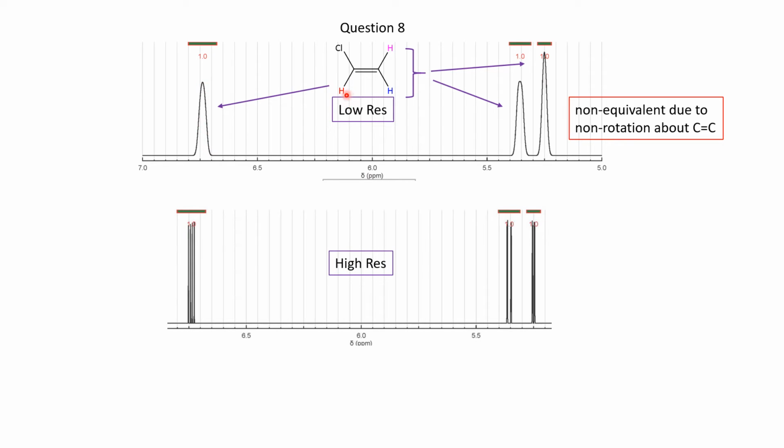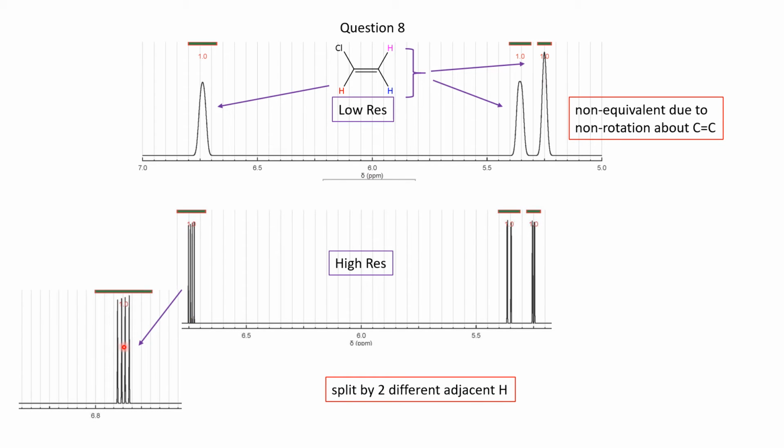Now we can see that even more amusingly when we go to the high-res spectrum, because now this one little peak here splits into 4 peaks, all of equal height. And of course, ordinarily we'd say, well, hang on a minute, this is next to a carbon that's got 2 hydrogens on it, 2 plus 1 is 3, so why wouldn't this be a triplet? And then these 2 down here, why are these not just going to be a doublet because we're next to a carbon with 1 hydrogen on it? Okay, well, now if I blow things up a little bit,